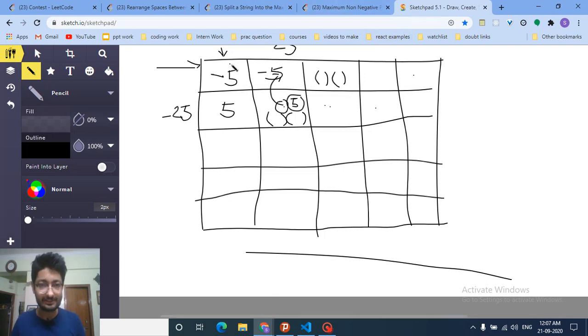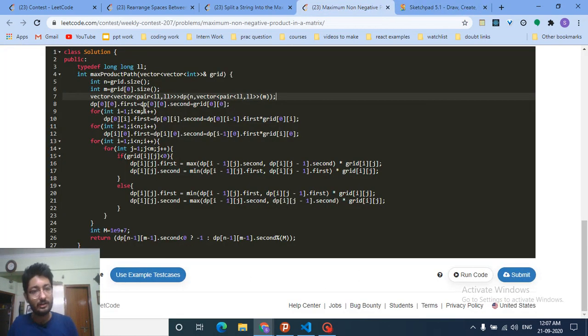So if there is only one starting grid value, the most negative and the most positive value is the value itself at the grid point. But for the further values, because there is only one path, the most negative and the most positive is the same. Why? Because you do not have any more paths. You cannot compare what is the most negative till now and most positive till now. There's only one path. So for the first row, I will update the dp state for that particular cell.